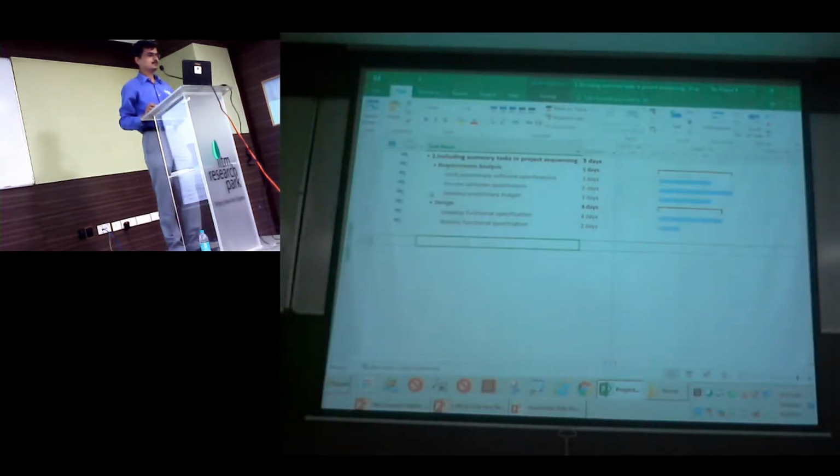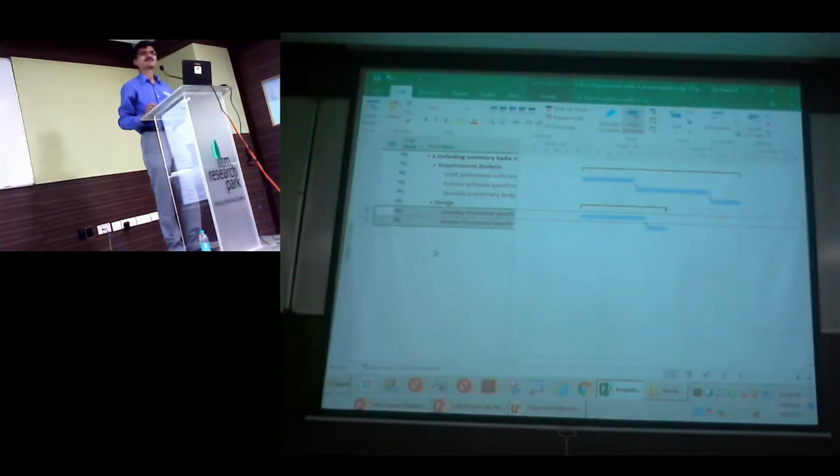So let's say after draft I want to review, after review I want to prepare a budget. Same sequence. So I'll select the tasks and click on the link command. Do you all notice that these three tasks are linked? Simple. Now similarly for design, I will just select these two tasks and link them. So at a phase level or at a summary level, they are all linked.